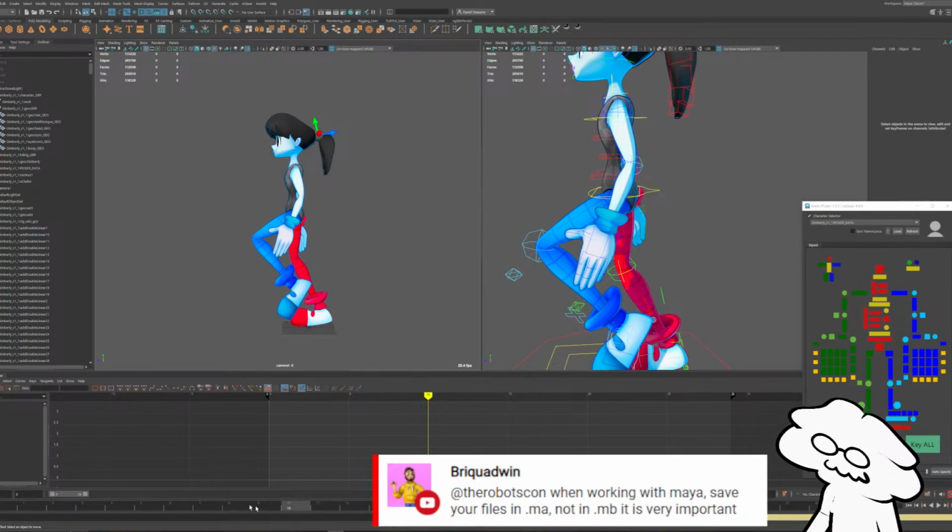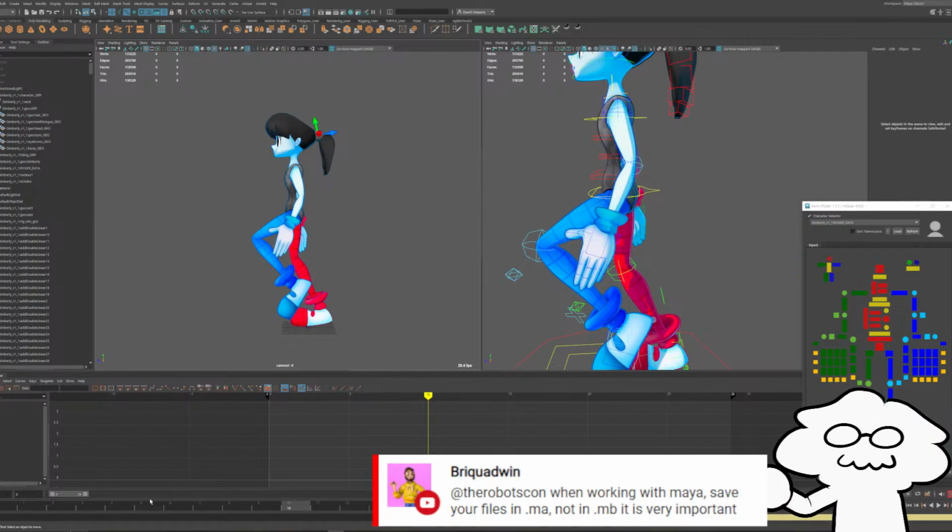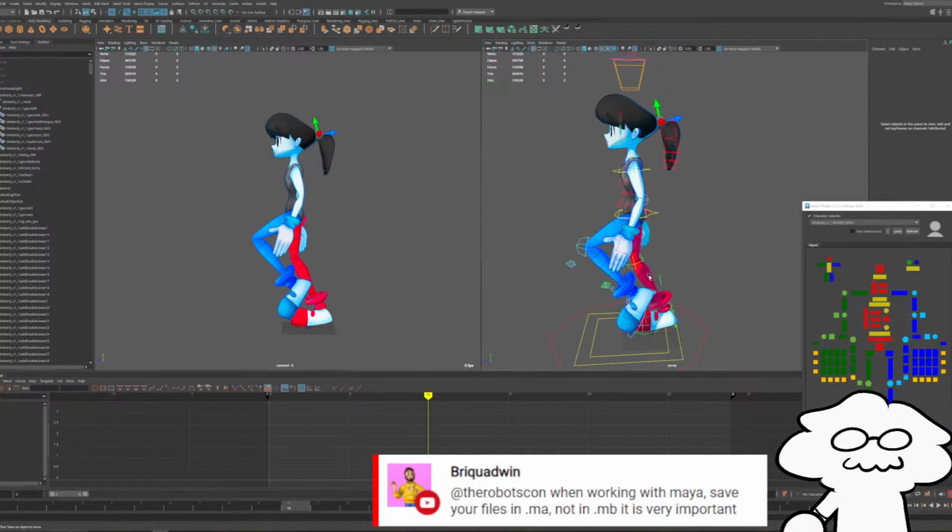So yeah, just a small little thing. It's something that mattered 10 some years ago with Maya, but since then Autodesk has made tons of improvements to that sort of thing, and it doesn't tend to matter these days. At least in my experience.